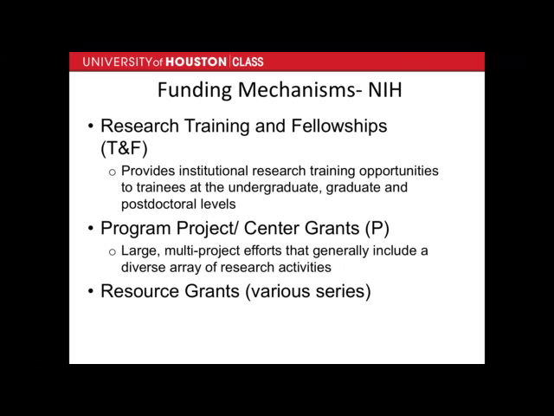So NIH also has research training and fellowship programs, which are your T and your F series. Those provide institutional research training opportunities to trainees, again, at the undergraduate, graduate, and postdoctoral levels. I've only had experience with T32s, which we've had postdocs on. They're a really great opportunity. They can be tedious on the back end, the administration part of it,